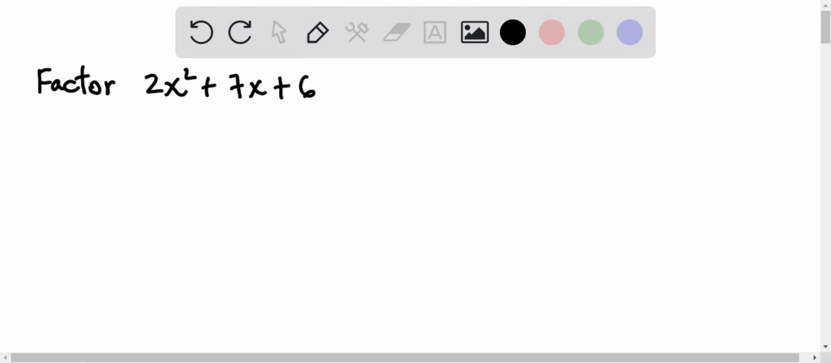We're going to factor this polynomial, 2x squared plus 7x plus 6. And we're going to use this methodology here. We know that this factor can be obtained from the multiplication of 2x and x. So we know that